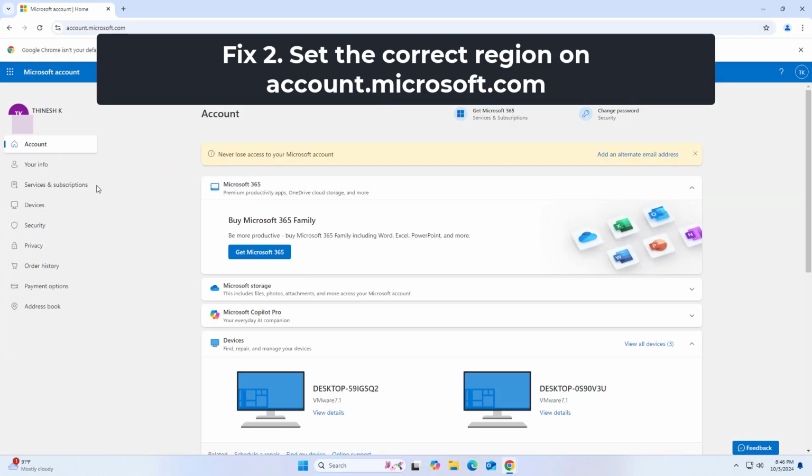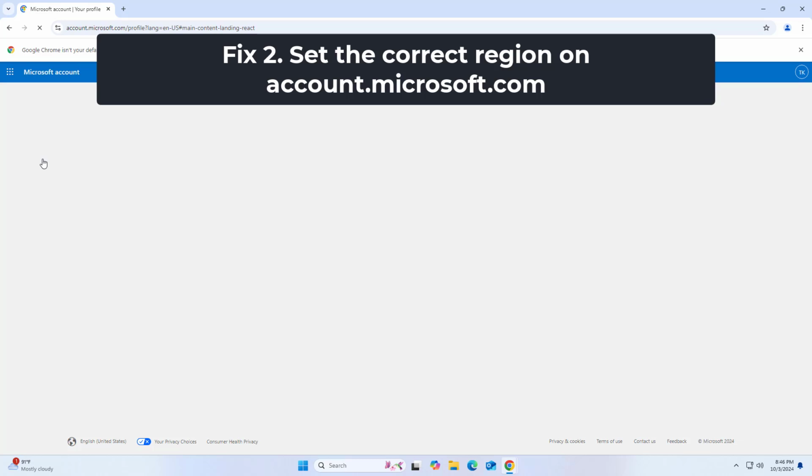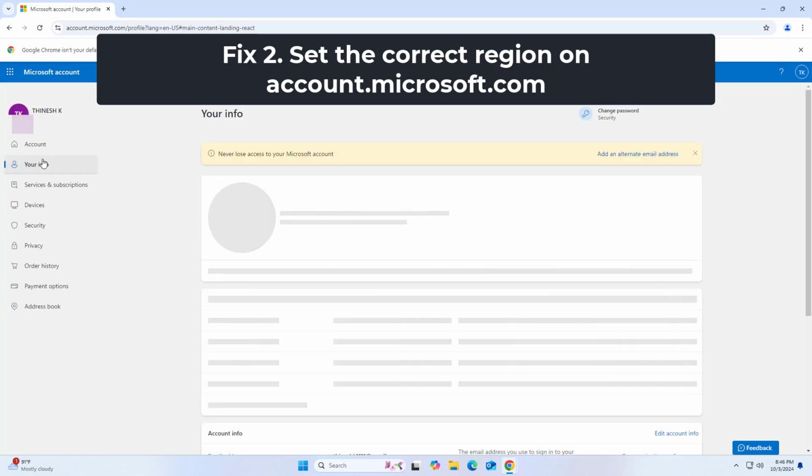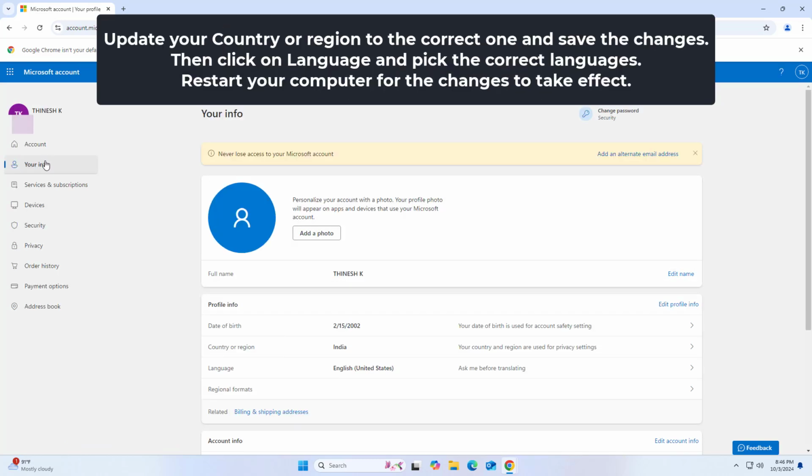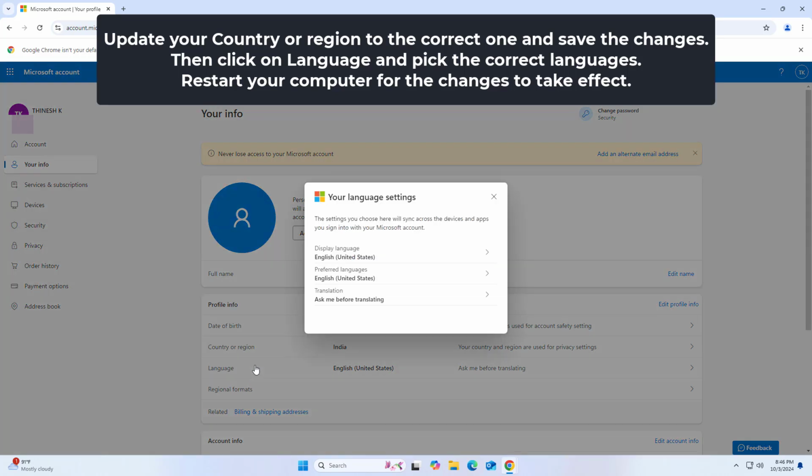click on your info at the top. If that didn't work,